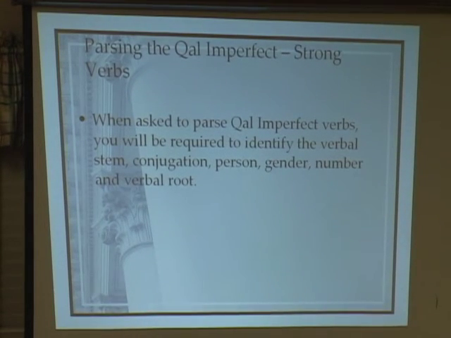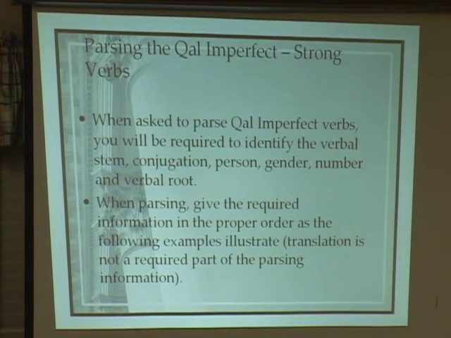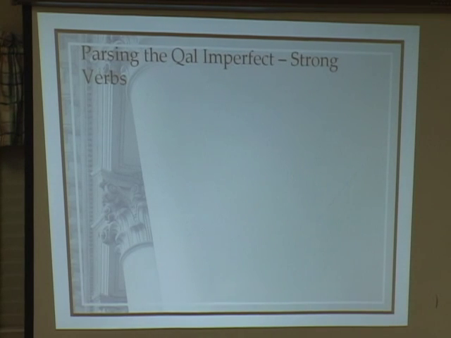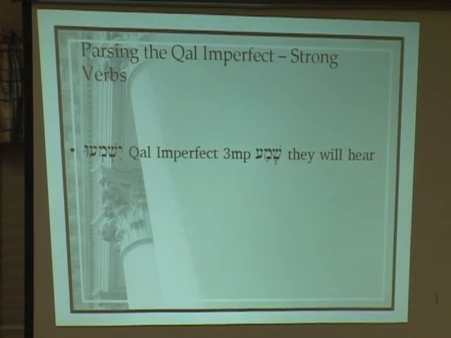Number, singular, plural. Verbal root, whatever you think it is, or whatever the dictionary or lexicon says it is. When parsing, give the required information in the proper order as the following examples illustrate. Translation is not a required part of the parsing information. So we'll see something like this. Yishma'u will be